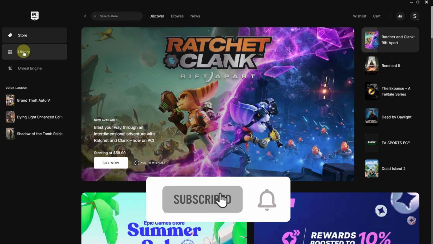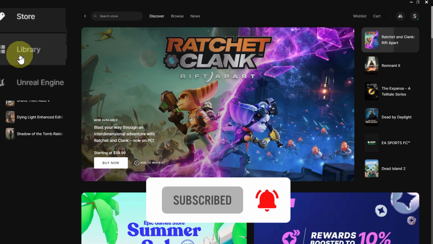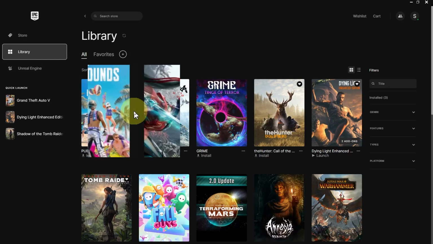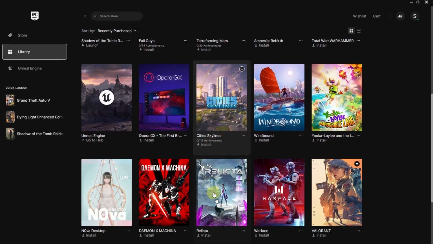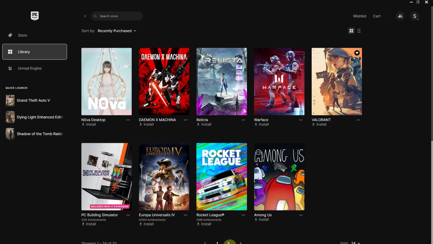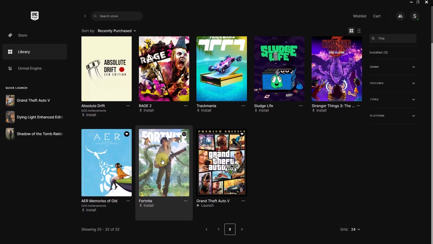So simply head to your library from the left side of your screen, and in here you'll be able to see that if you scroll a little bit down, you will have your Fortnite somewhere in here, and you can see we have that in here. So I do not have that installed, but I can demonstrate it with you